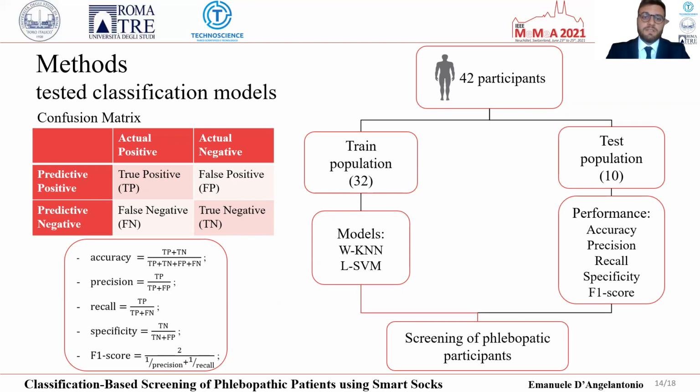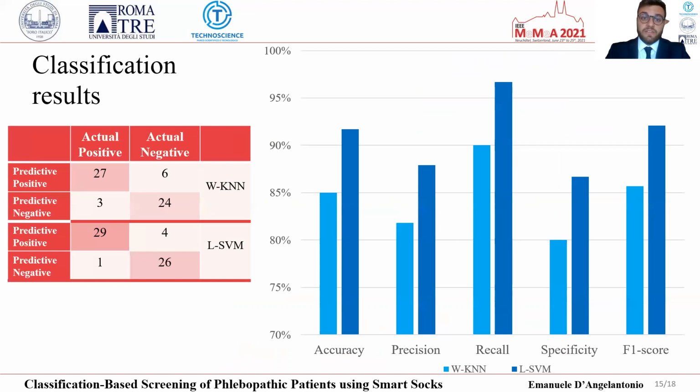The tested model results are evaluated in terms of these specific parameters: accuracy, precision, recall, specificity, and F1 score, all obtained from the confusion matrix organized as shown here in the table. The classification results of the two tested models are shown. On the left, there are the confusion matrices, while on the right, there is a histogram graph